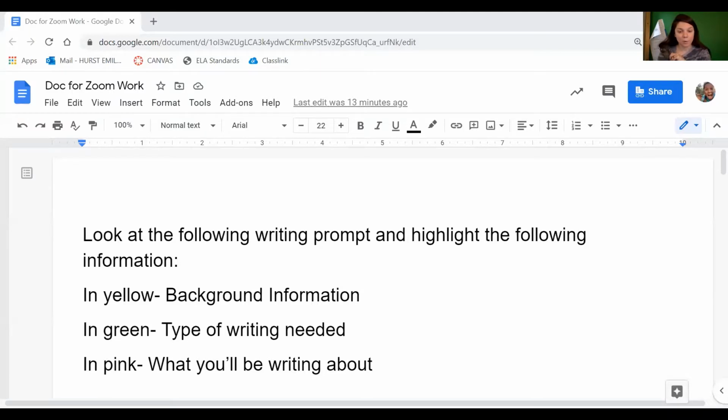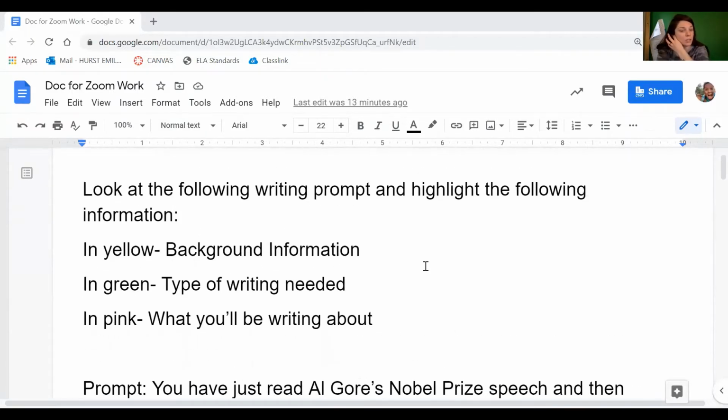We are gonna do our final work with Al Gore's Nobel Prize speech today. So I'm gonna go ahead and share my screen with you for this warm-up. It is a more in-depth warm-up than normal. So what I want you to do is to look at the following prompt and highlight the following information inside